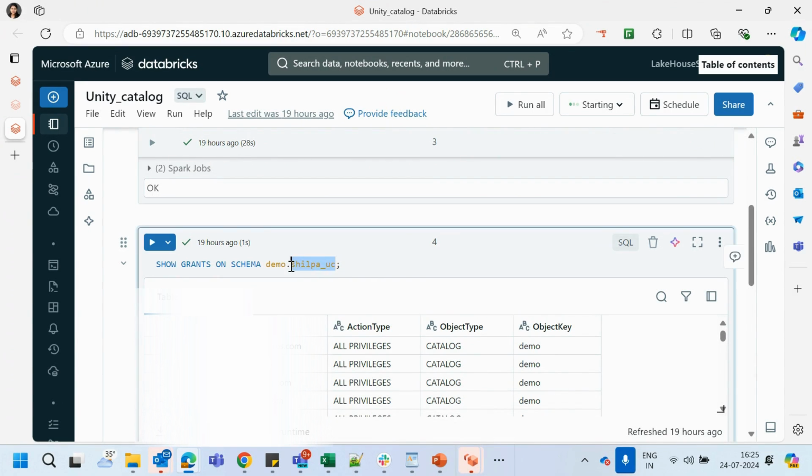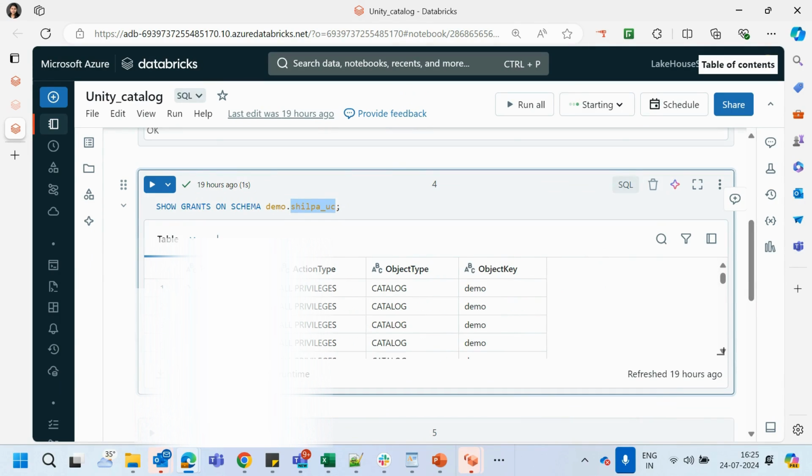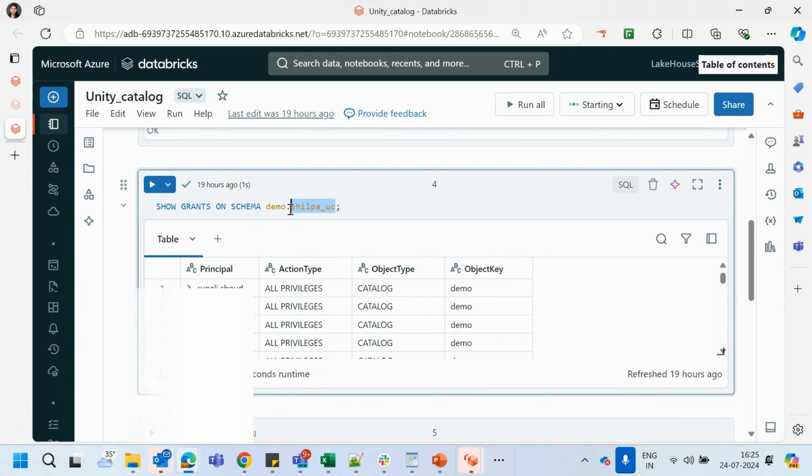I created this schema, and these are the permissions that are already present. All the privileges are present inside this schema. I did not explicitly give the permission, but whatever permission is provided inside this Unity catalog is inherited into the schema.